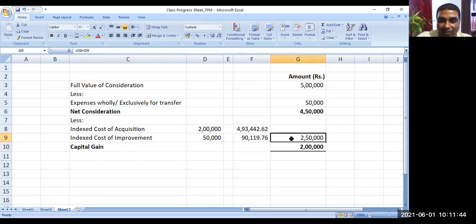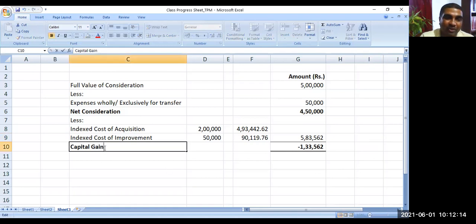This is the amount. So now, in case of long-term capital gain, what will happen? Instead of cost of acquisition and cost of improvement, we use the indexed amounts. Now you see what we find? It is a loss. It's no more a gain. So now you are getting a tax saving. You don't have to pay any tax, there is a loss. You can carry forward this loss. Understood the concept? Yes, sir. So now it is not a capital gain, it is a capital loss. It becomes negative.